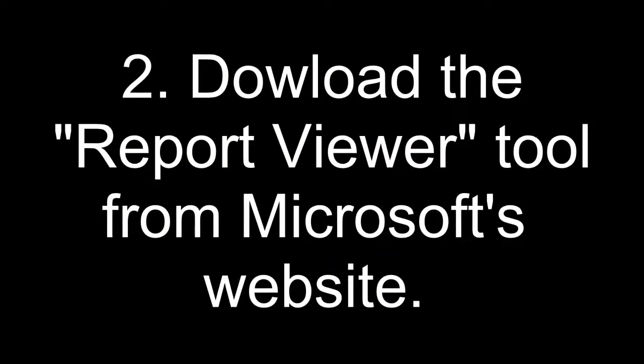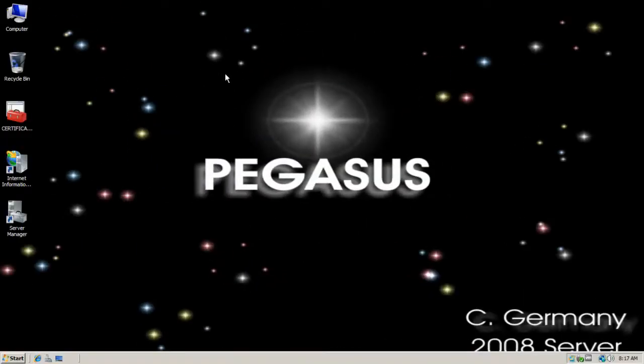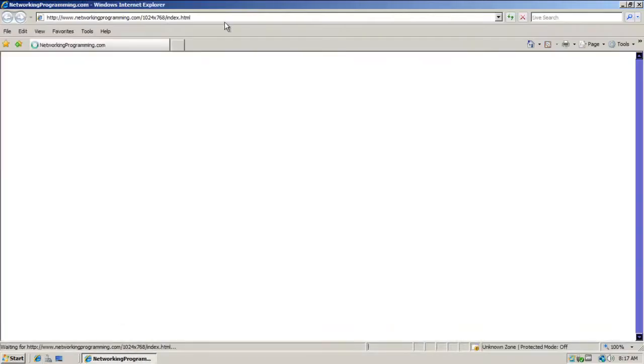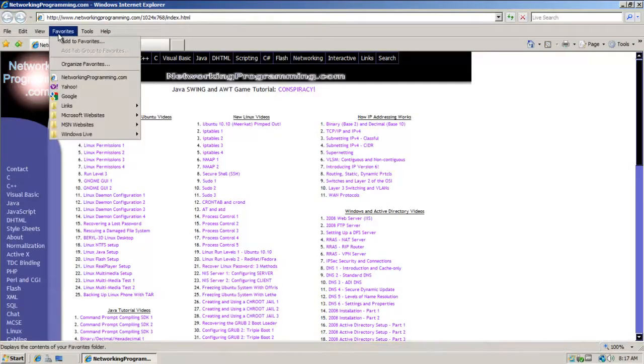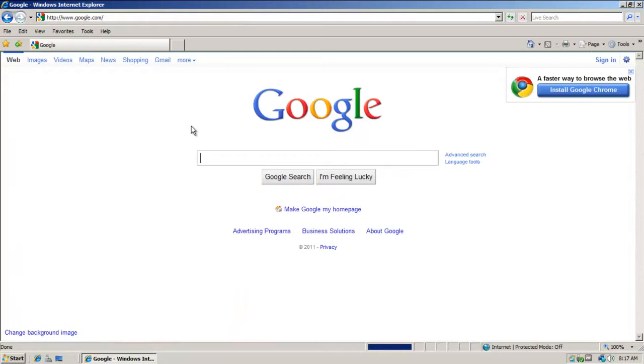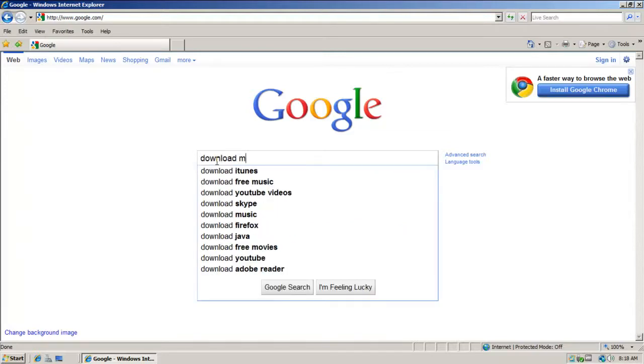Step 2, download the Report Viewer tool from Microsoft's website. With the WCCXE installation file downloaded, there's one more item I'm going to Google for that I need to download. This is just for some post-installation tasks and viewing some data and output from WSUS. So I'm going to look for the Microsoft Report Viewer. And again, if you went to Google and you were to type in download